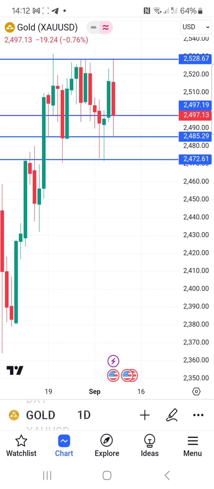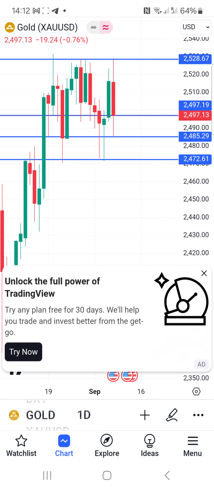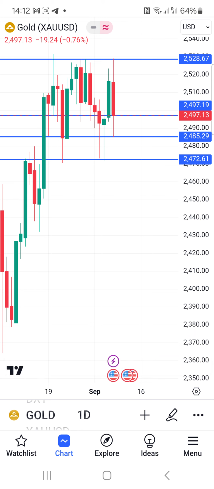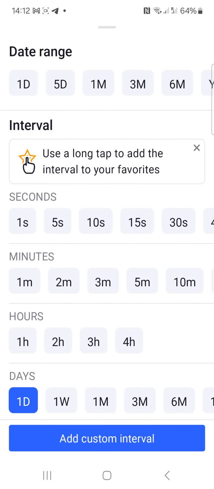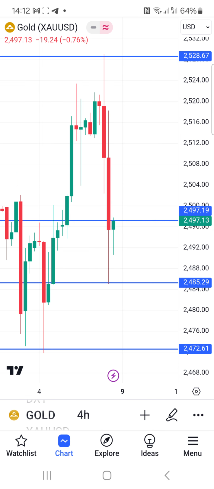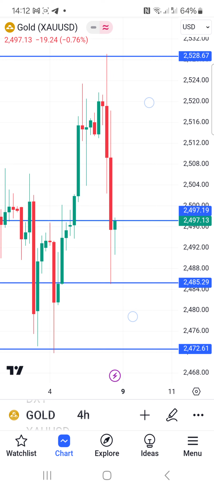So in such a situation where the price is in a range, we have to at least analyze it further in the lower time frames. So let's go down to the 4 hours chart. Now this is what we can work with. The price closed at 24.97. It created a low at 24.85,